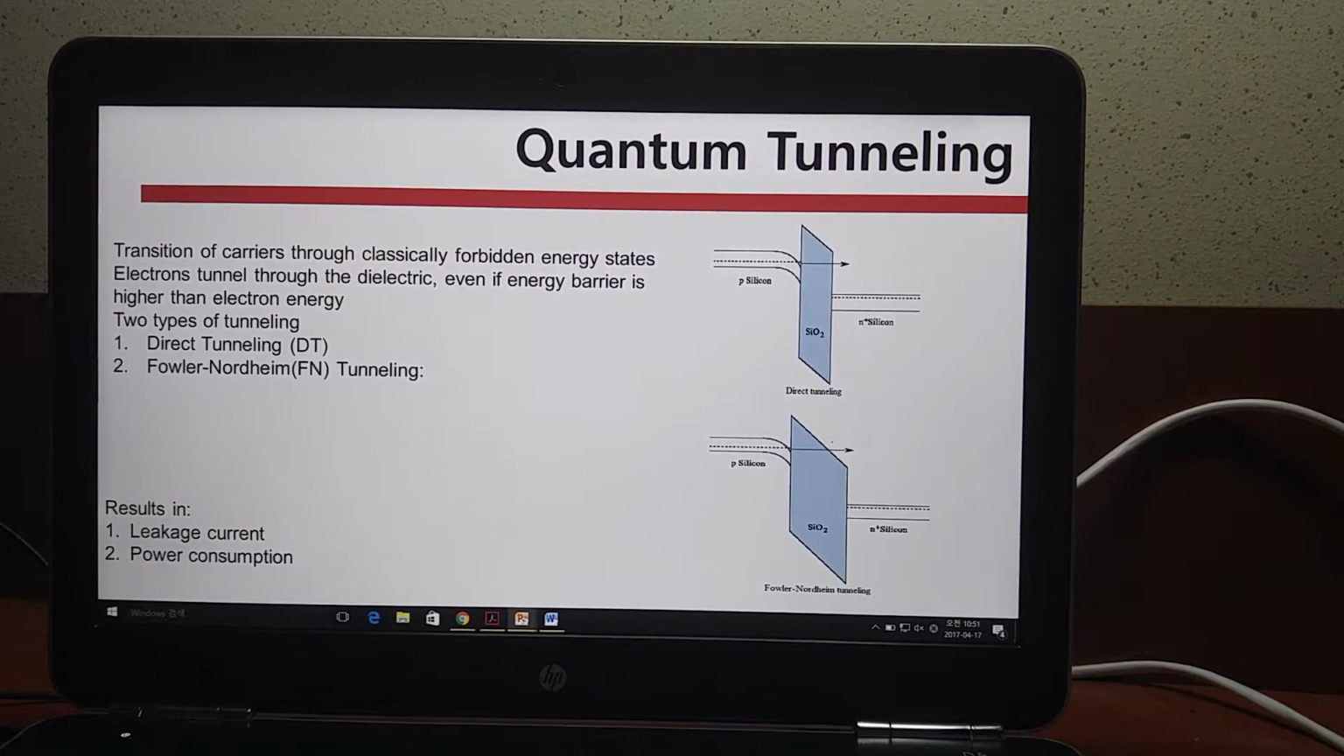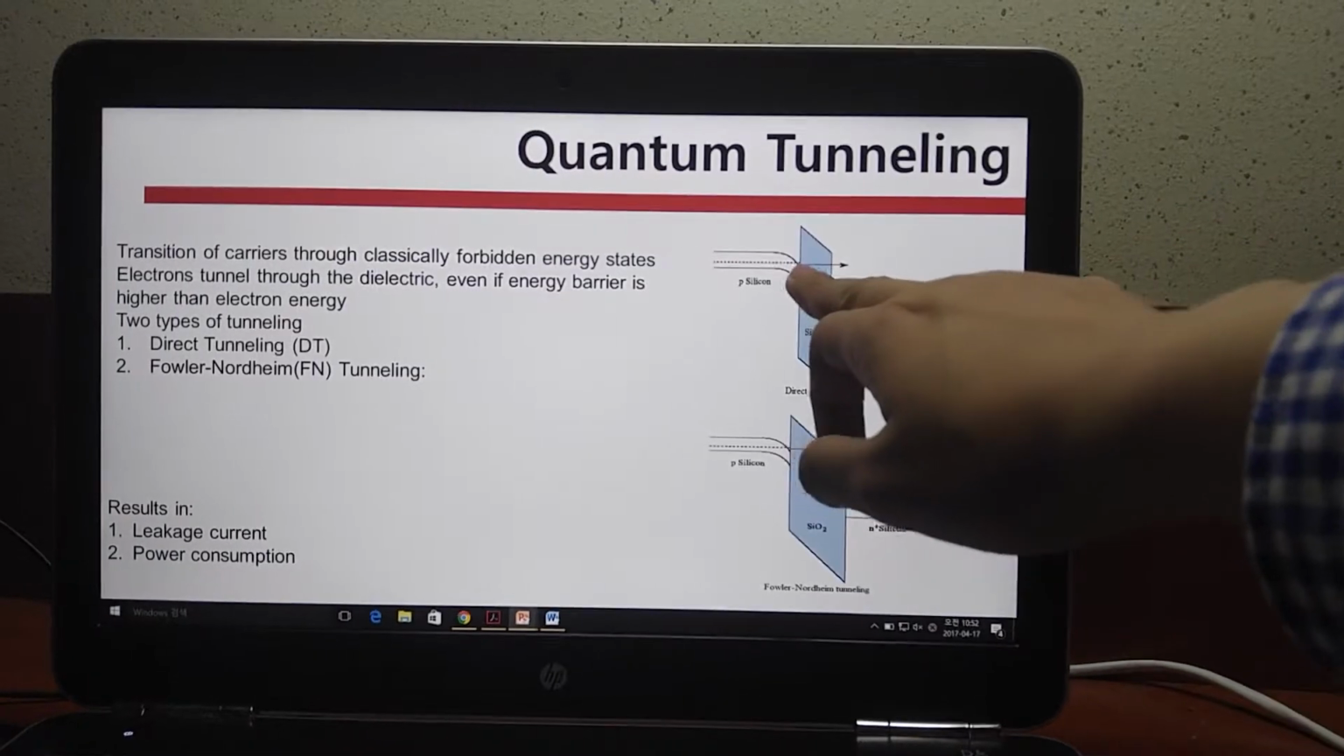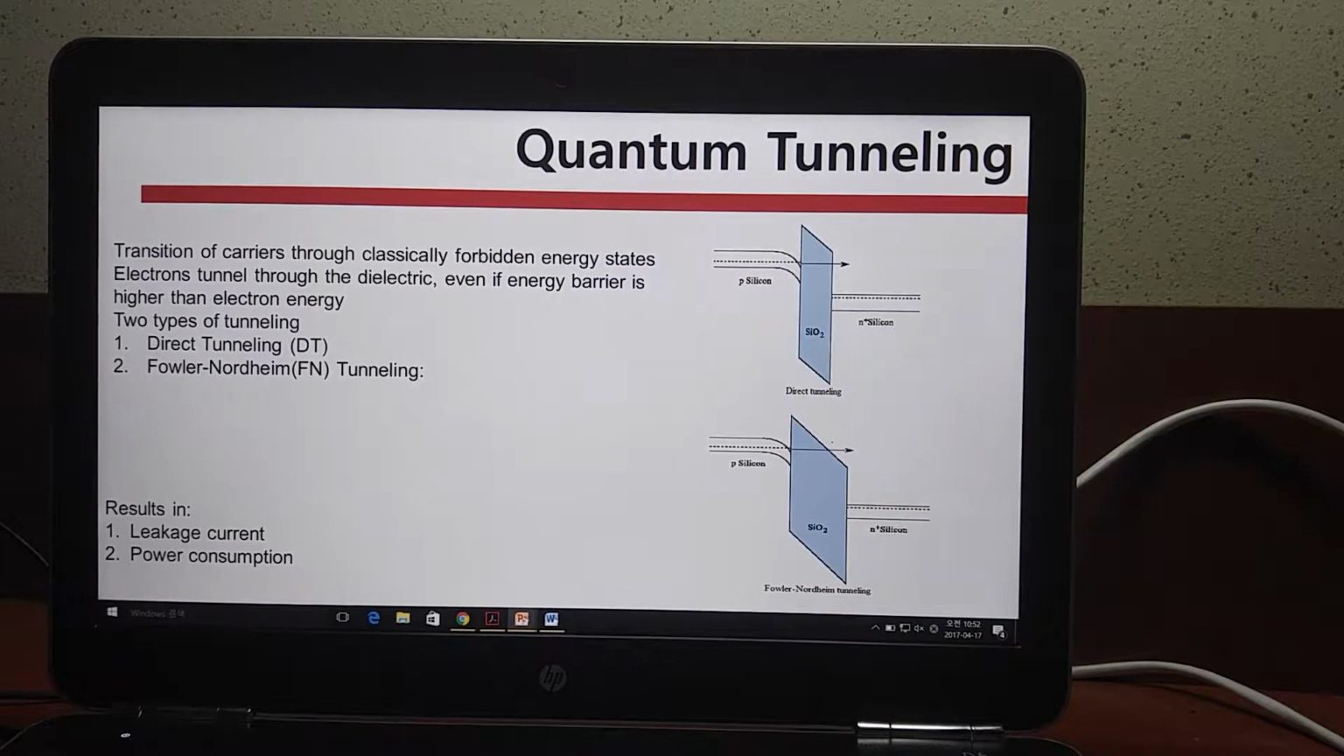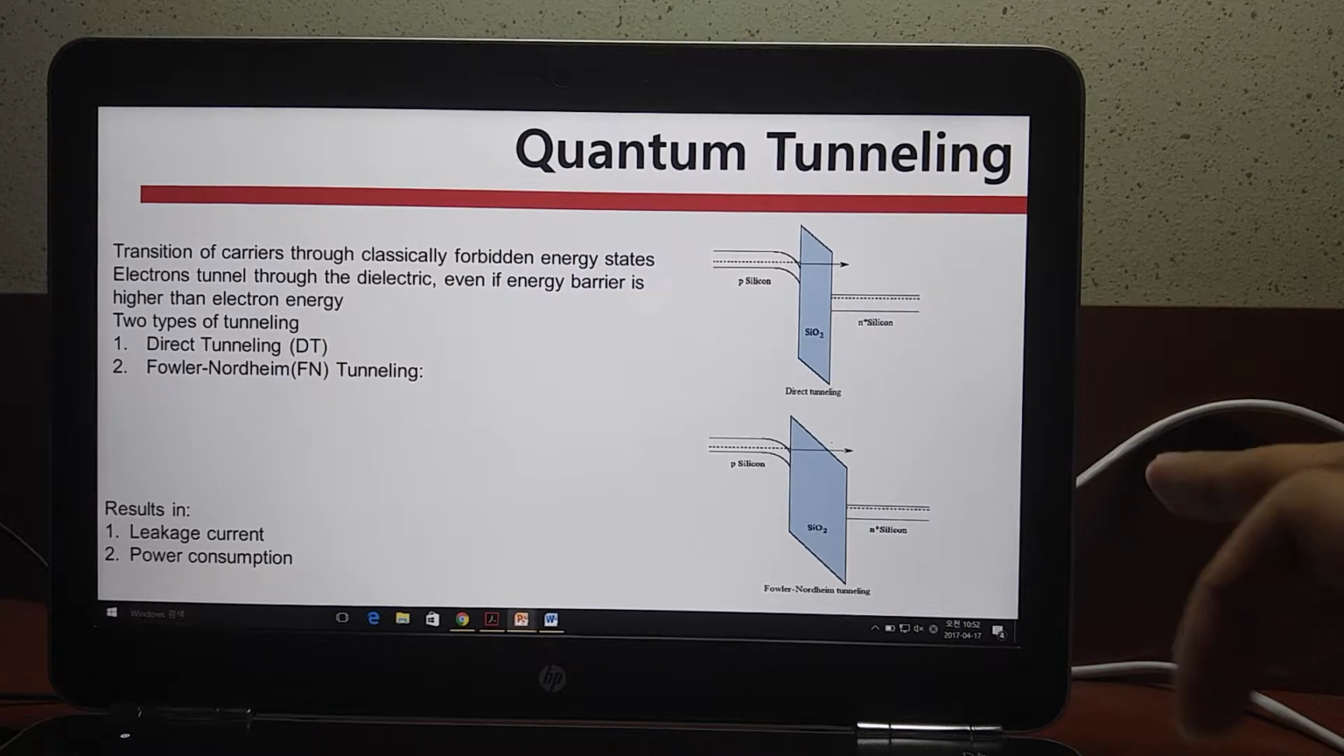And for quantum tunneling, there are two kinds of tunneling. One is direct tunneling, which we also call DT for abbreviation. In this concept, the electrons tunnel through the whole silicon oxide energy barrier, as you can see in this band diagram. The other kind is